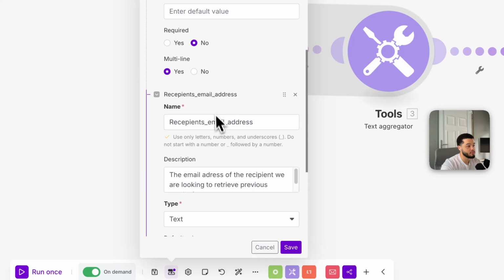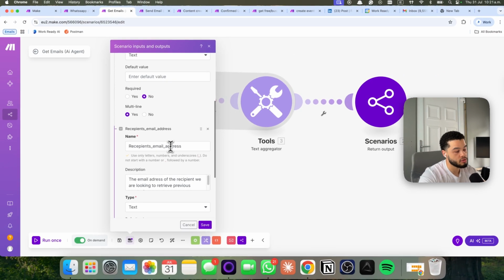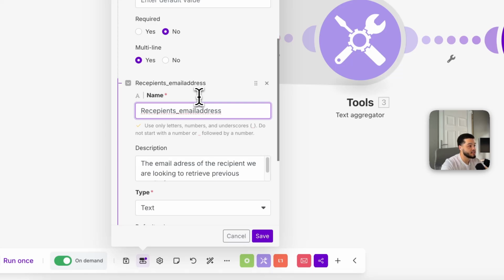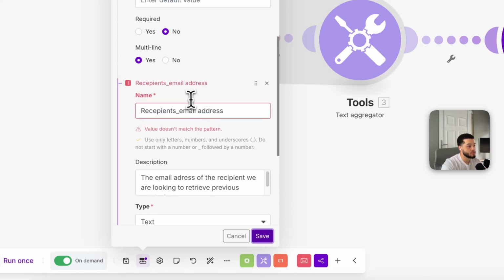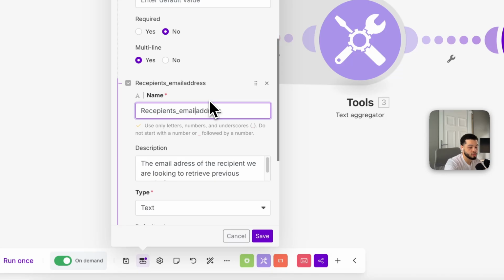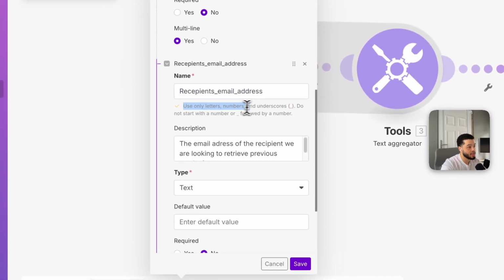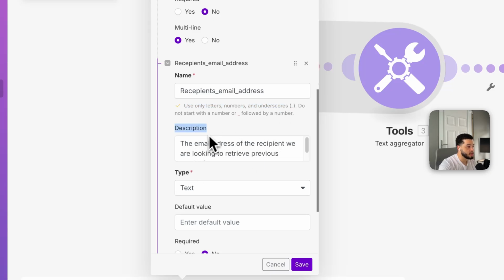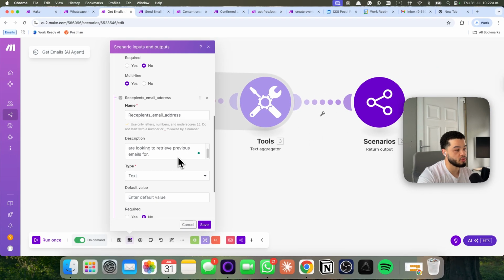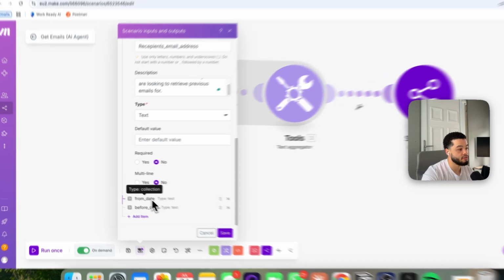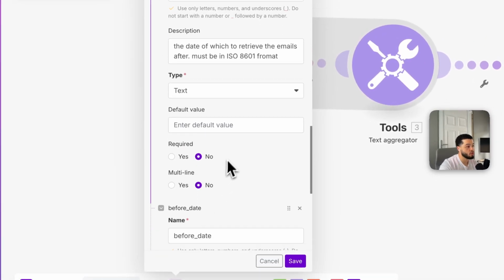And then the recipient email address, same thing, recipient underscore email underscore address. Now bear in mind, as you're naming these, if I give this the name and I leave in a space, it's not going to allow me to do it. I don't know why, it just happens. You can't have any spaces. You can see down here only letters, numbers and underscores. And then again in here we have description, which is the email address of the recipient we are looking to retrieve previous emails for. Type is text again,